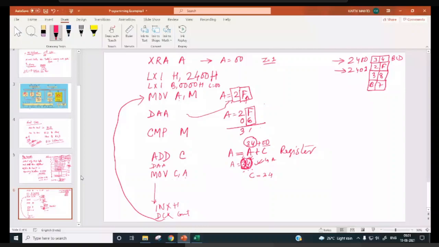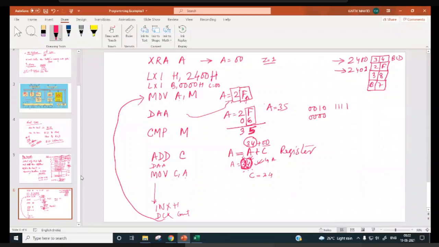So what will the accumulator be? A will be equal to 35 after the DAA instruction. 2 is 0010. F is 1111. This is 0000. What will this be? 0110.